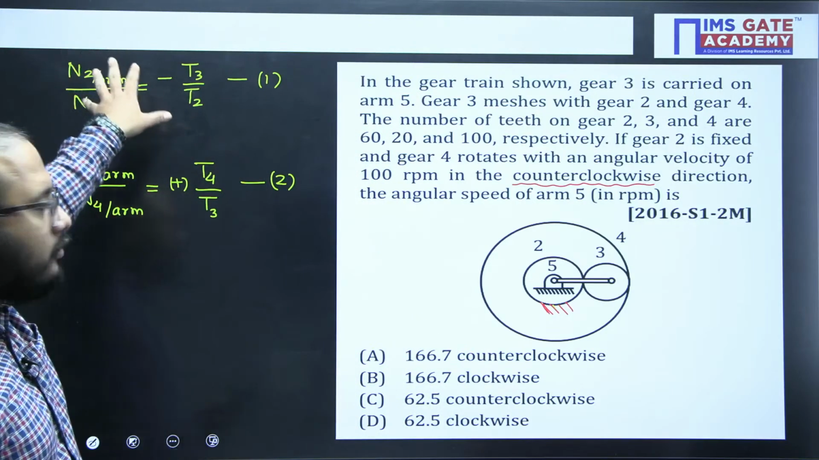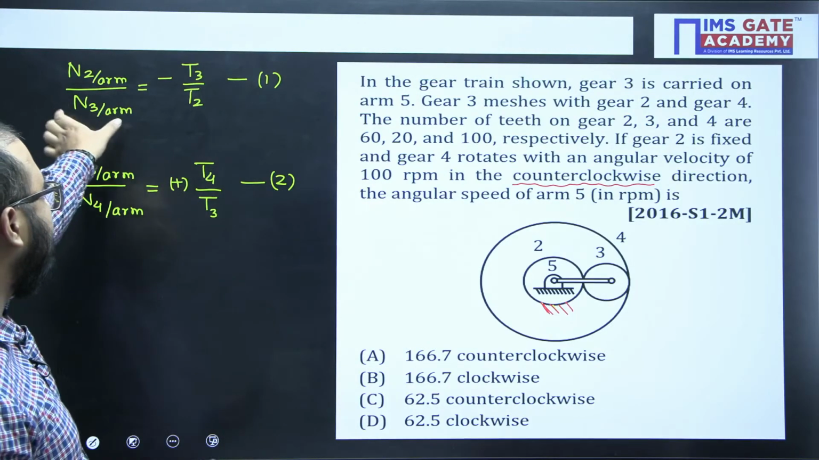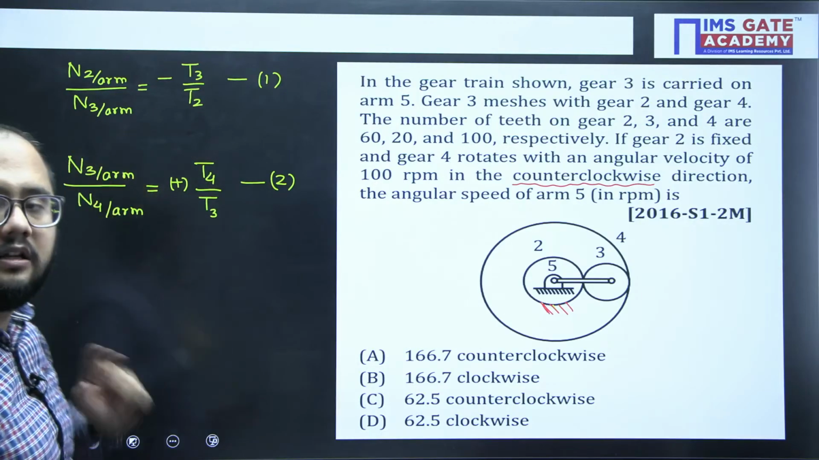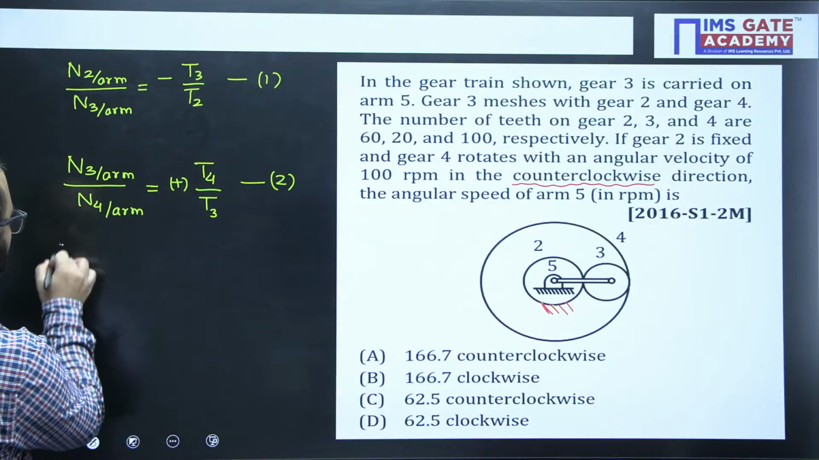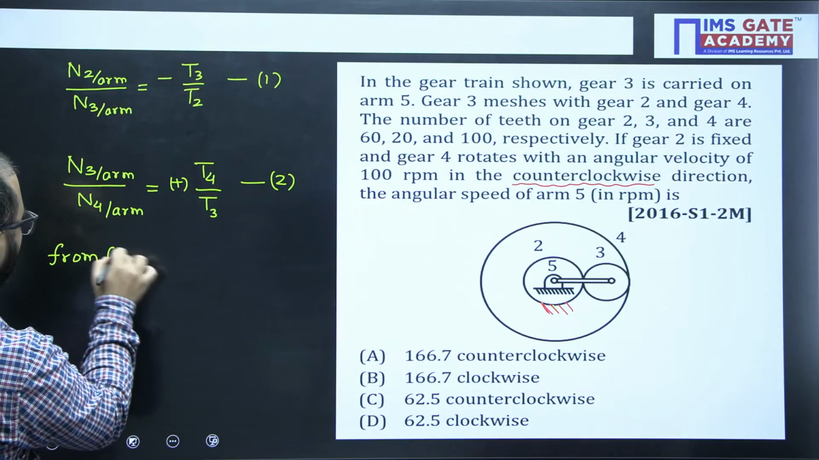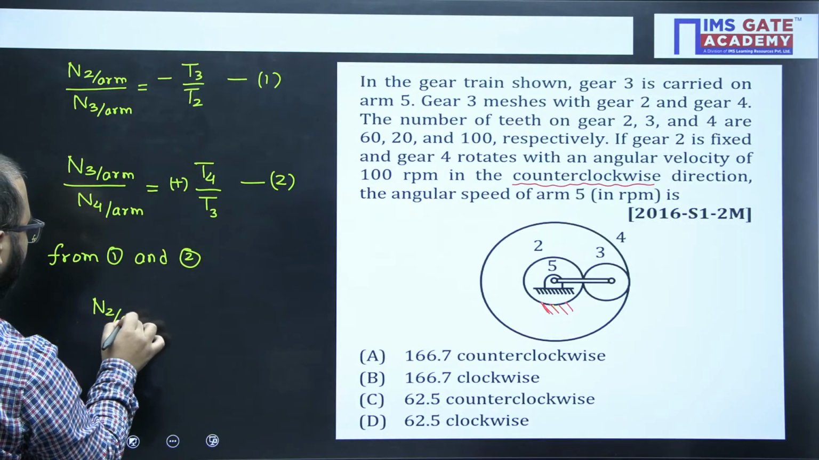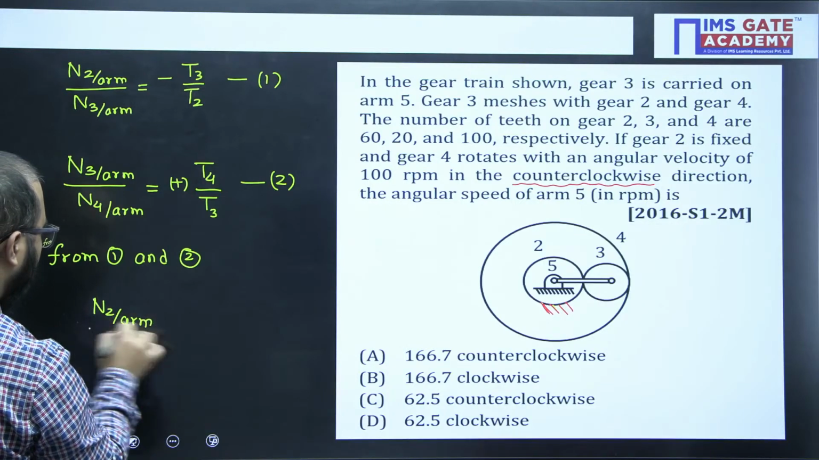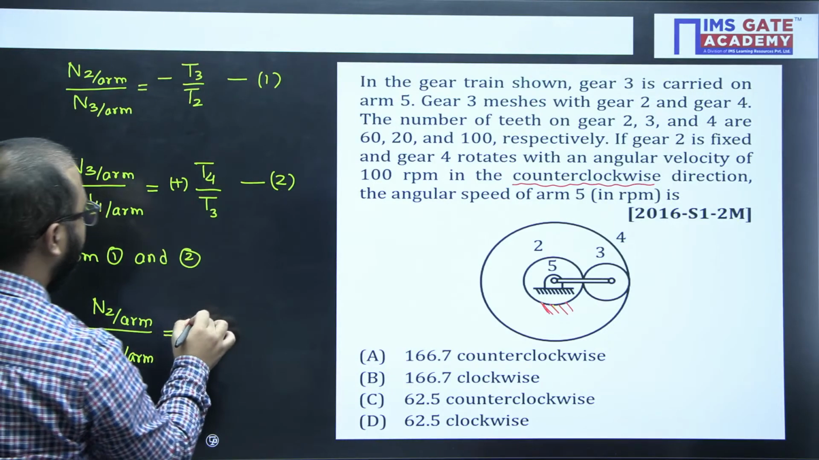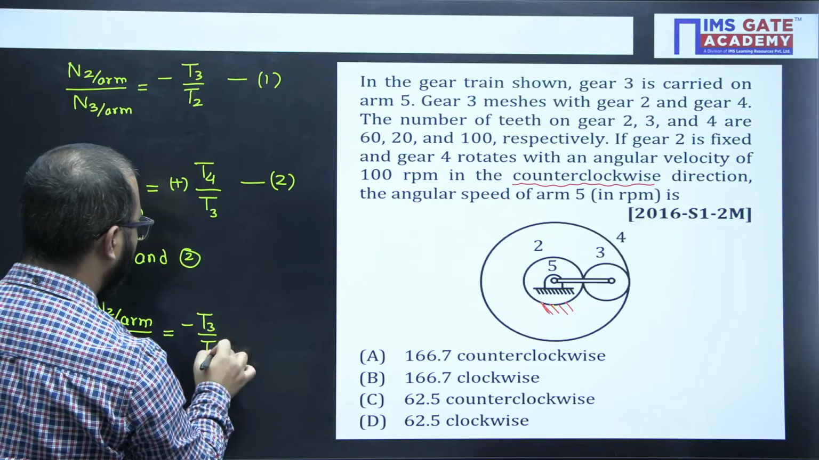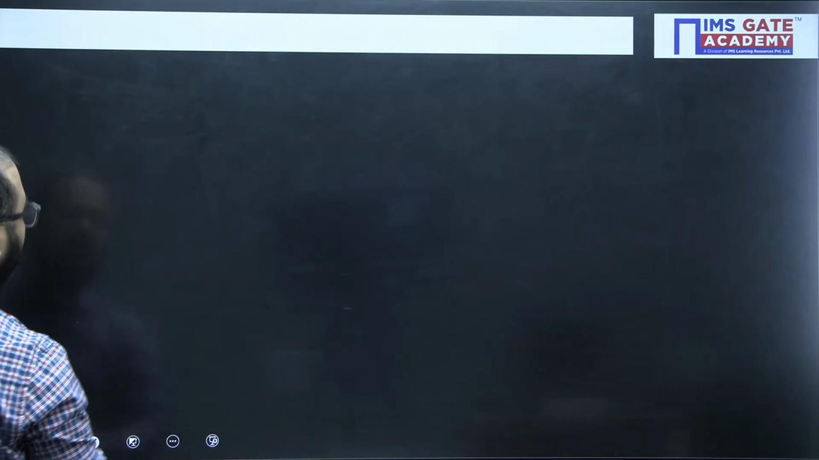Now, just focus on these two relations. If I multiply both these relations, what is going to happen? The denominator of relation 1 and numerator of relation 2 are the same, so it will get cancelled out. So finally, 2 with respect to arm divided by 4 with respect to arm, and you will get minus T3 by T2 multiplied by T4 by T3. So we'll write down here